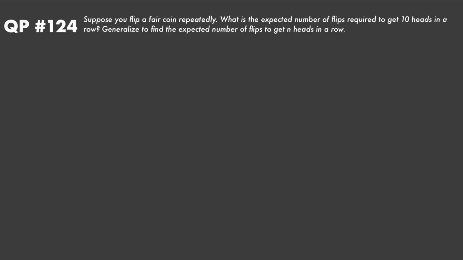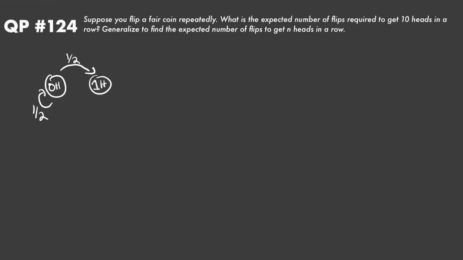We could best model this as a state diagram. Obviously I'm going to start in the state where I have 0 heads flipped in a row, or the tails state, which is when I flip a tails. From this state, I have a 1/2 probability of flipping my first head, so I'll call this one 1h, and a 1/2 probability of flipping a tails, so I'd go back to having the same 0 heads in a row. So 1/2 probability for each.